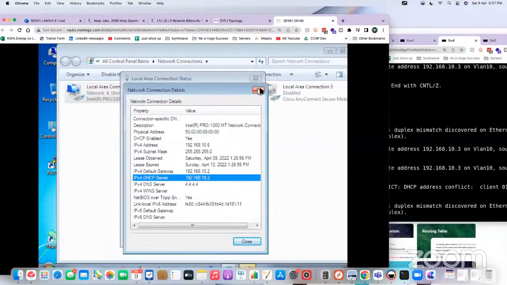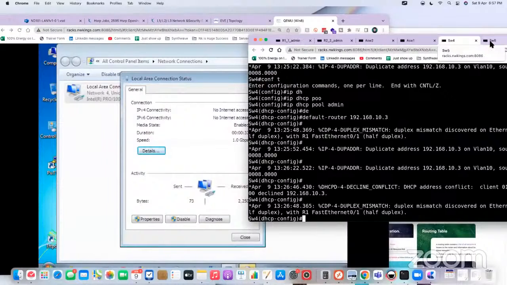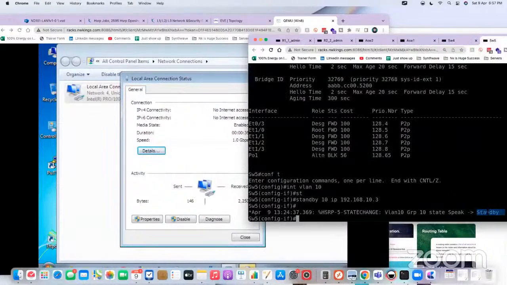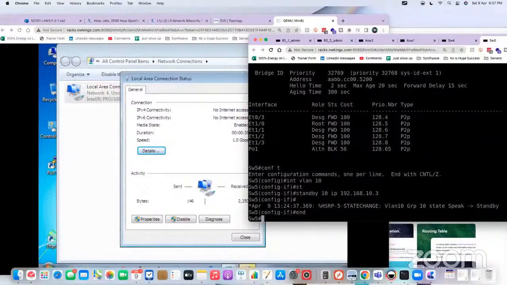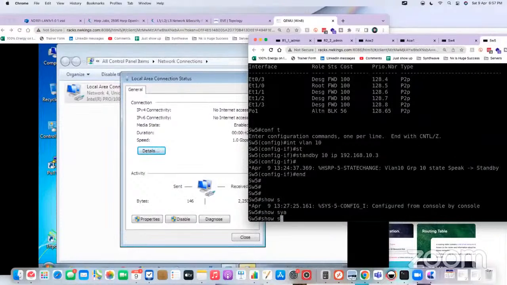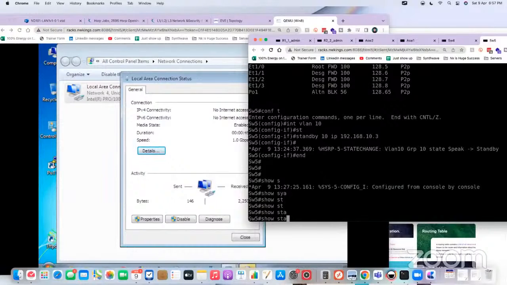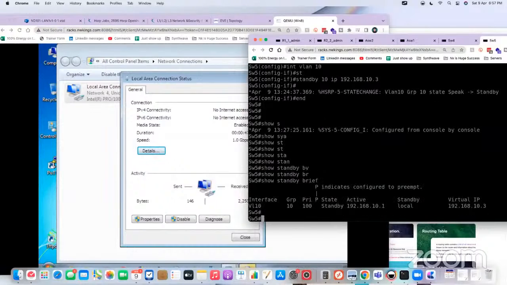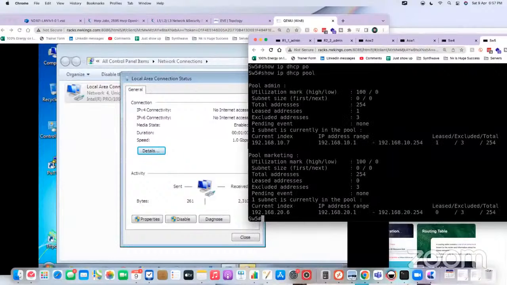So this is wrong actually. We need to check whether we have configured it under switch 5 or not. So this is standby. Can you see that? Show standby brief. And you can see this device is in the standby state. On this switch 5, if you check the DHCP pool, we have given the DHCP pool under admin, but my gateway is still 10.1. So if you check show run include DHCP,